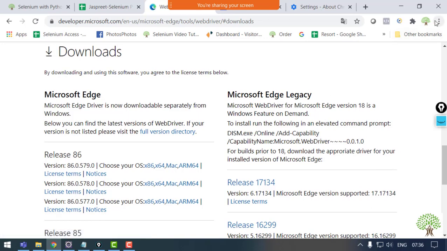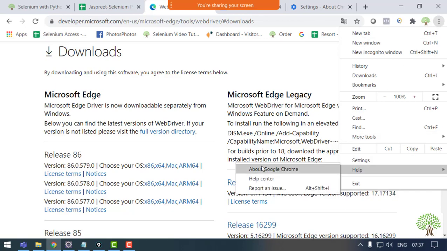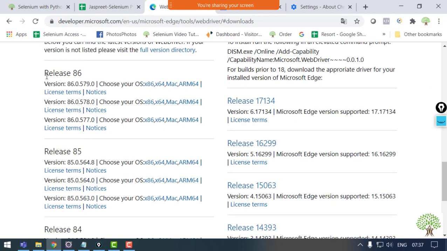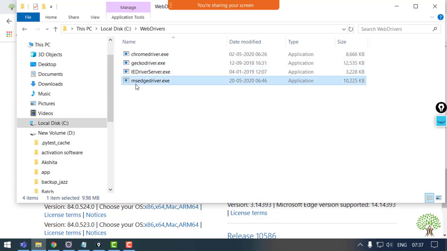You can check it the same way we have done in the rest of the browsers, by clicking on Help and About Microsoft Edge. Whichever version you get there, you just need to download the exe according to that and your system configuration. Fine, this is the page from where you will be getting that. And by clicking on these links, the zip file will come, extract the exe, and over here I have the exe.